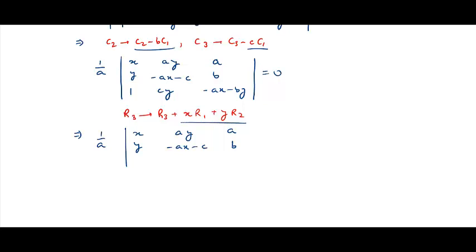Now we are going for this. So this becomes x square plus y square plus 1. Again in the third row we are adding x times, this will be multiplied with x, and then this will be multiplied with y, and then we'll add them here. So what you find is cy gets cancelled with minus cy here, minus cy and plus cy get cancelled out, and then